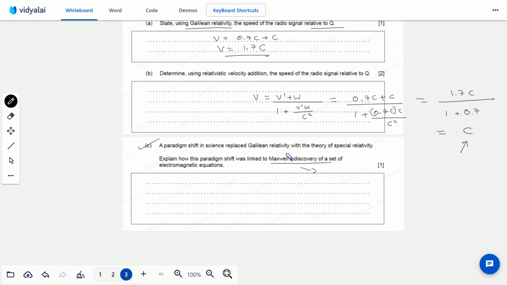We can add more points to it, but we just say that Maxwell discovered that the velocity of light is essentially a constant when it's in vacuum. Of course, it's independent of its frames, so we can mention all those things here. Okay,